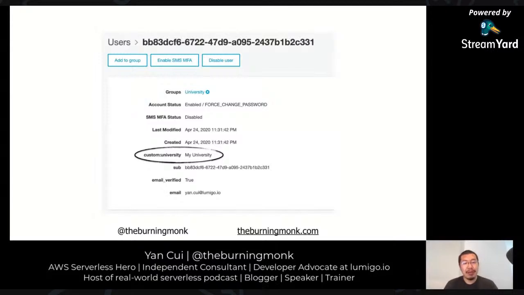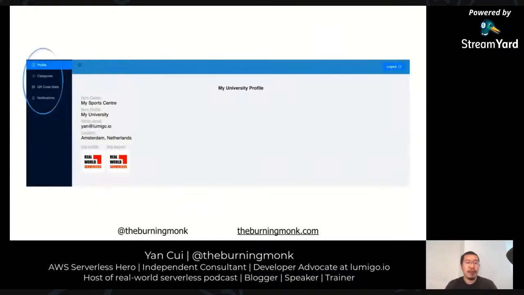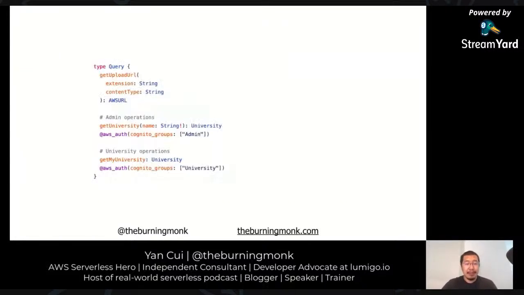So at no point does the client pass the university ID to the backend to say, oh, hey, I'm the admin for this university, trust me, and let me access the data. No, we always go by your identity, the university ID that is associated with your user. So you can't just mess around with the GraphQL query and gain access to data that you're not supposed to be able to see. And when you're the admin for a university, you have different options in the CMS, which are limited to just your university. And the nice thing with AppSync is that you can restrict access to operations using Cognito groups.